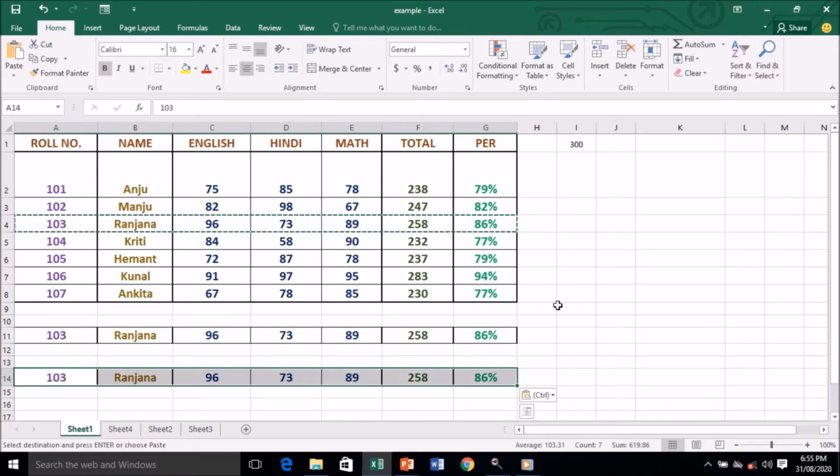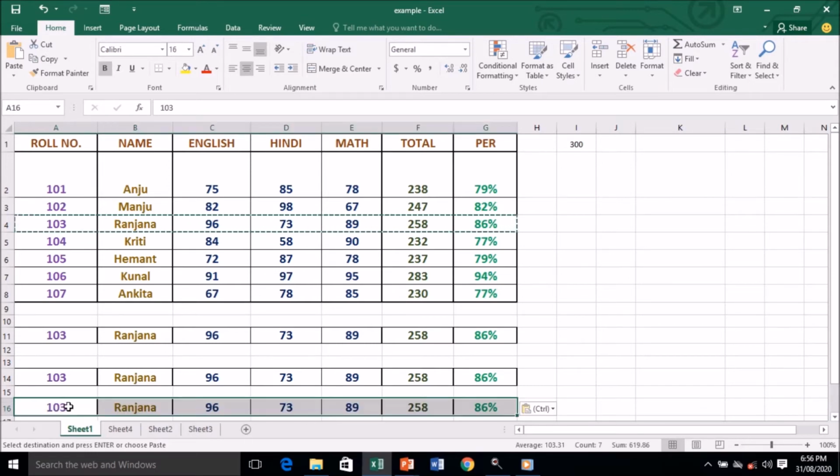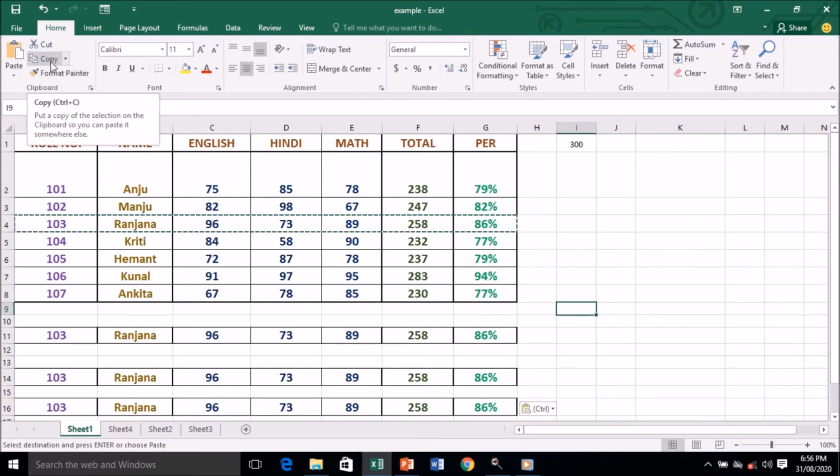And the third method, as I told you, is to select the data and from the keyboard press Ctrl and C, then choose the place where we want to paste it, and from the keyboard again press Ctrl plus V. So here we have used three methods to copy and paste. In the first method, we selected the data, went to the Home tab, clicked in the Clipboard group and chose the copy command from here. Then the place was selected where you want to paste it, and then we clicked on the paste command for pasting.